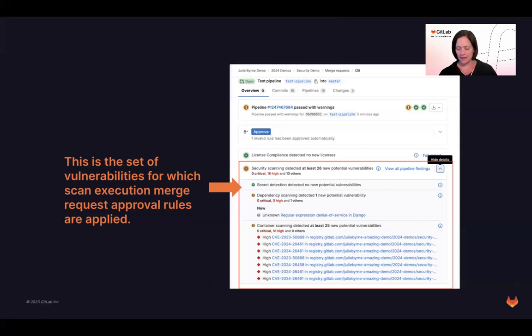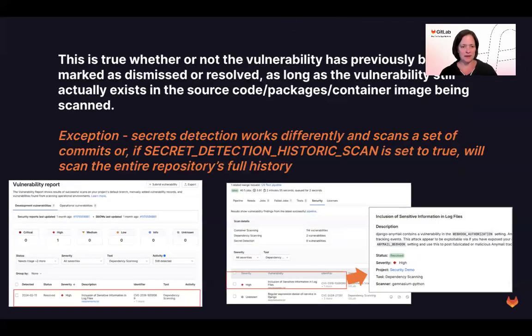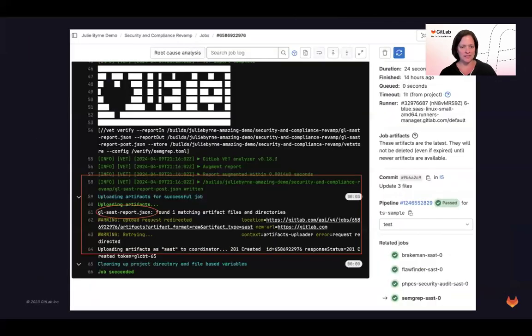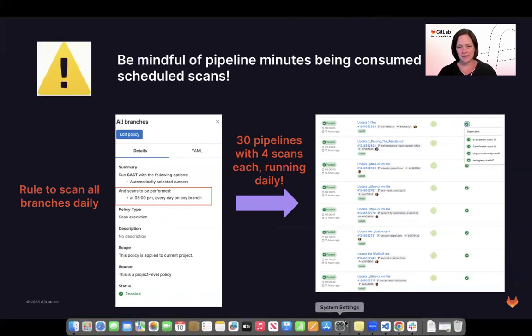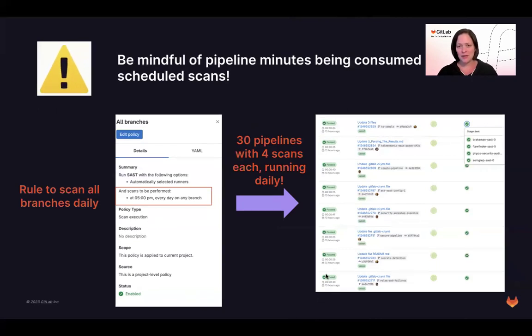And let me just go back to that page where I showed the set of scans. So we can see when I had my scan all branches rule set up, I had 30 different pipelines run. You can see each of those has a branch associated to it. They each have a different branch name, right? Because it's basically running one pipeline with the appropriate scan or scans on each of the branches that exist in my repository.